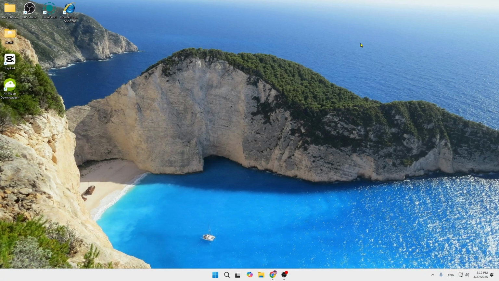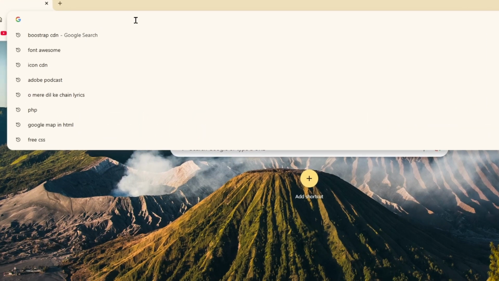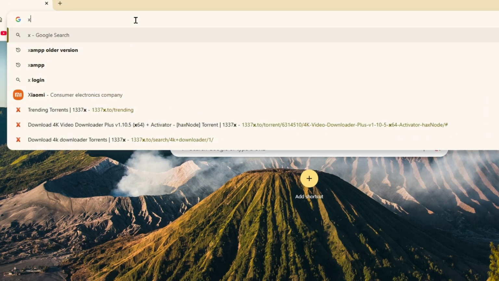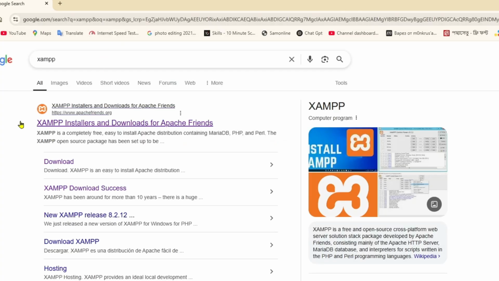Today I'm going to show you how to download and install XAMPP in your Windows in a very simple way. So for that you need to choose any of your favorite browser and come over into the search screen and then search for XAMPP. So for that I'm going to search for XAMPP, click enter, and here you will get